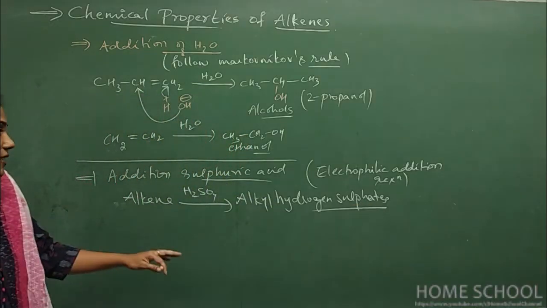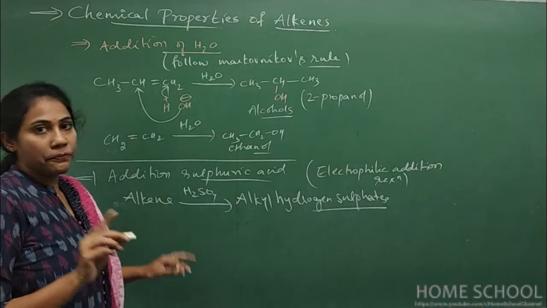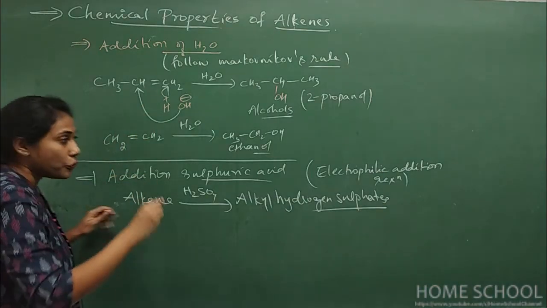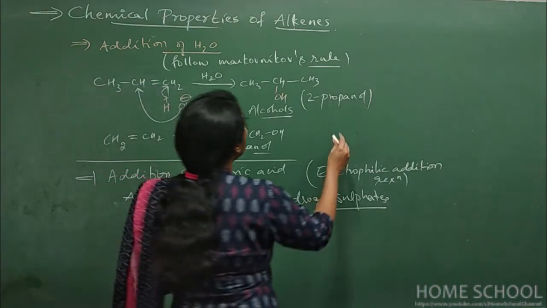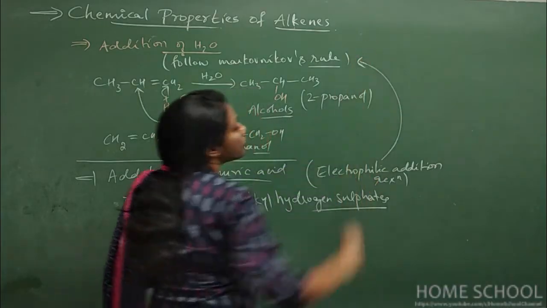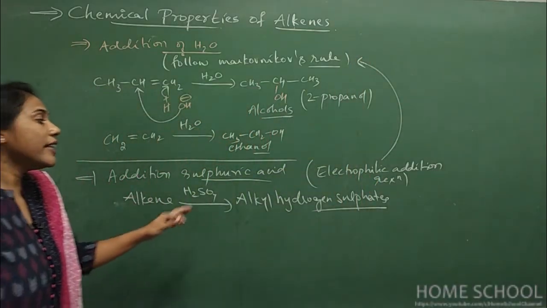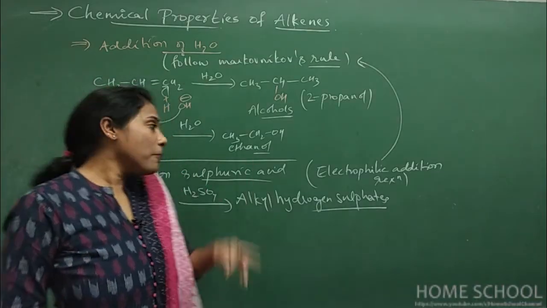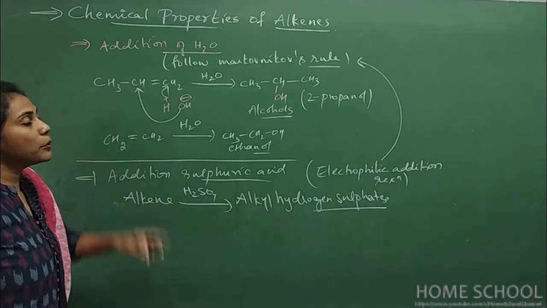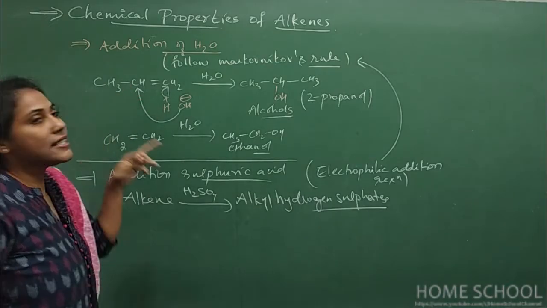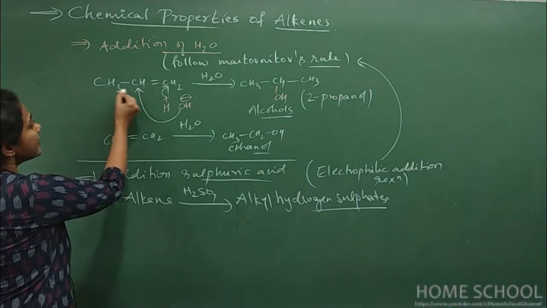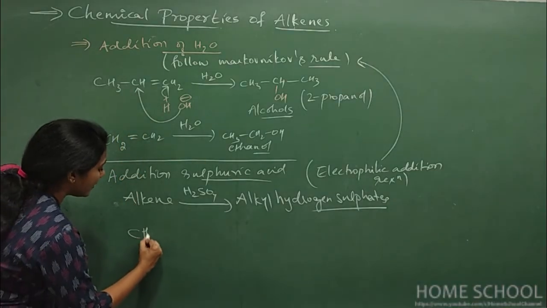Okay, so let's understand this reaction with one example. So let me take unsymmetrical. Even here you are going to follow the Markovnikov's rule itself. Even in the sulfuric acid, some positive part is there, negative part is there. Positive part is always added to carbon having more number of hydrogen and negative part is added to carbon having less number of hydrogen. So let me take the same alkene here, that is propene.